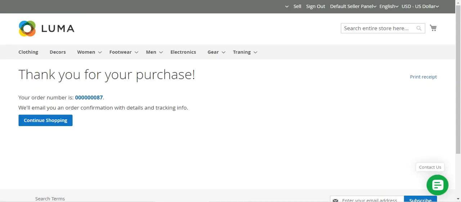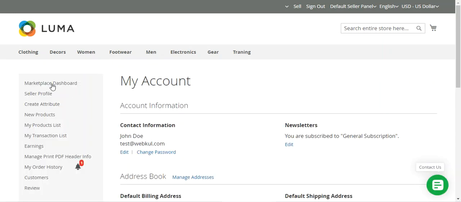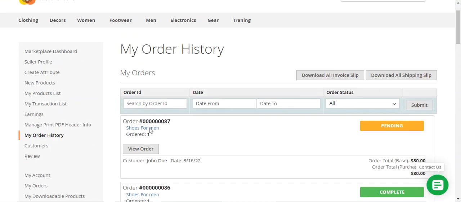So the order has been placed, as you can see. Now as a vendor, let me check this particular order under my own account panel for the marketplace. So here on the left hand side, I have my order history. Let's check this particular order that we have just placed. That's the order number 87. Let's view the order,